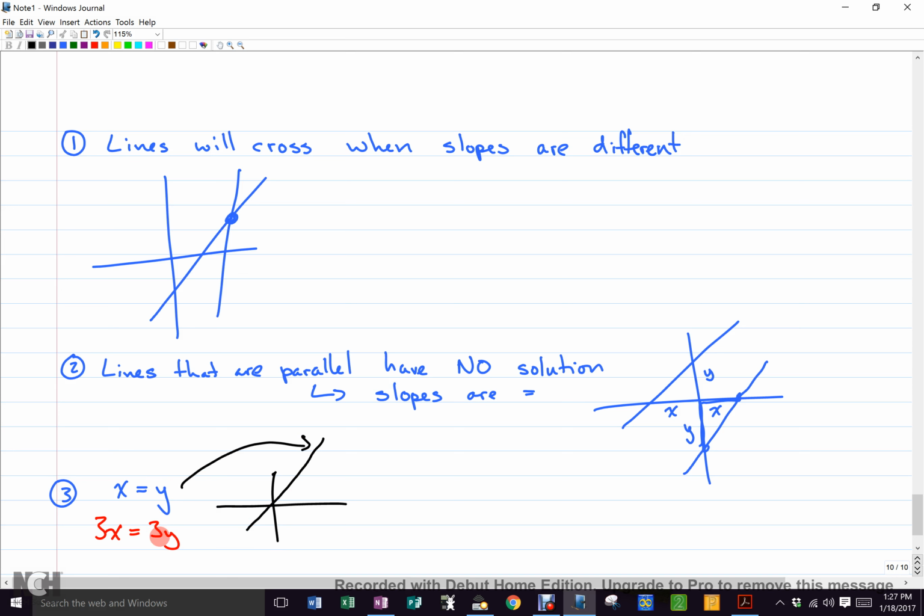How would we graph this red one? When x is 1, what's y? 1. So it would be the same line, wouldn't it? How many times are those lines crossing? Infinitely. So how many solutions does that system have? Infinite. So the third option is when the lines